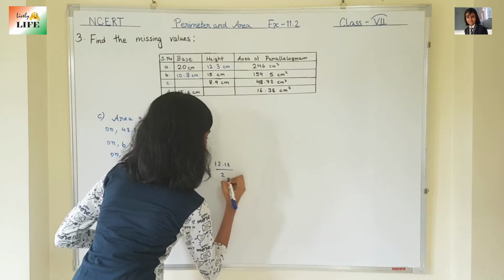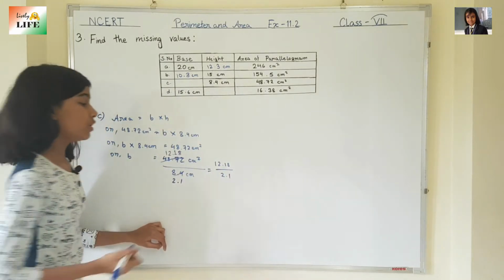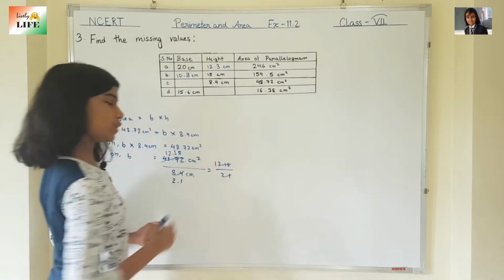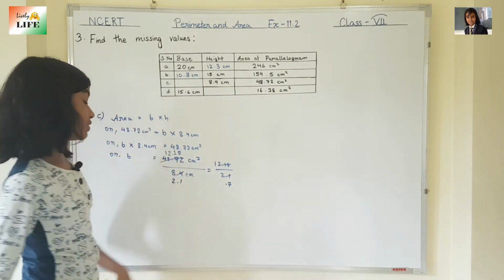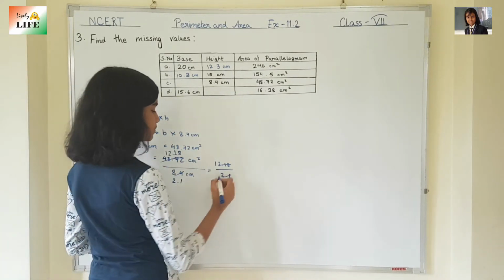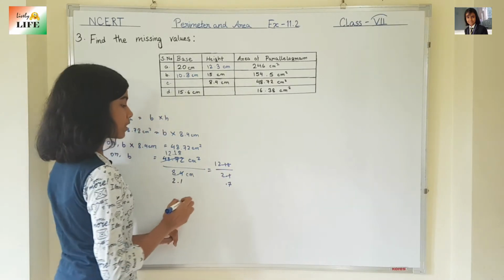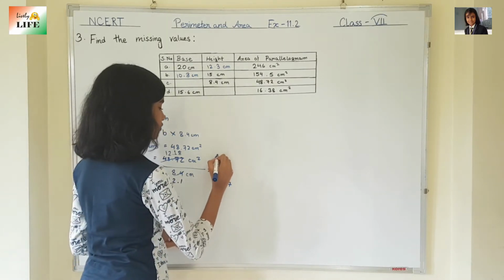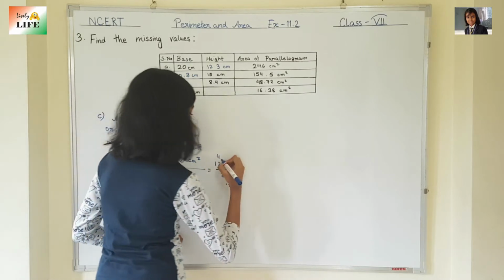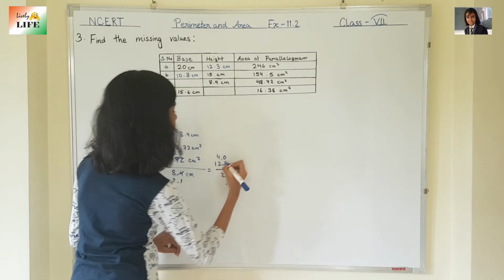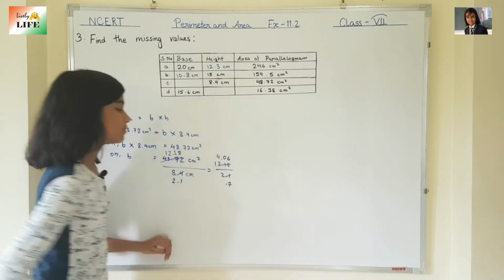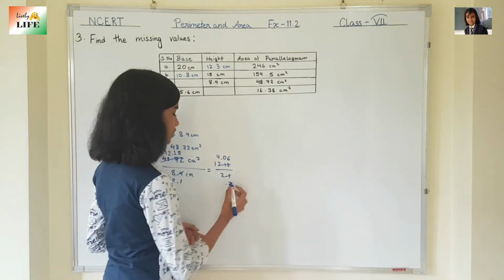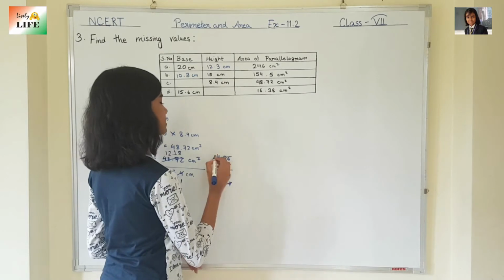12.18 by 2.1. Now see, this will go by 3. Okay, so 3 7s are 21, and here is the point. Over here 3 4s are 12, then 0.1, so it will be 0, then 18, 3 6s are 18. So now what we are going to do, we are going to divide this by 0.7.